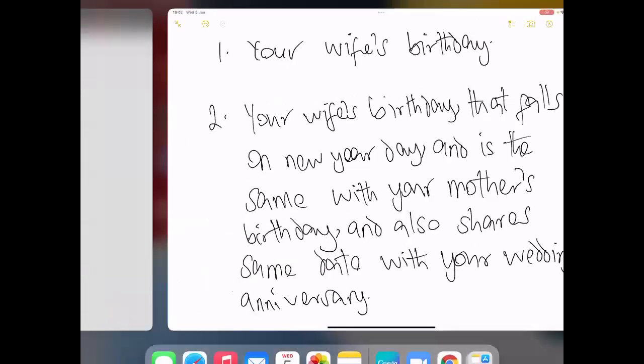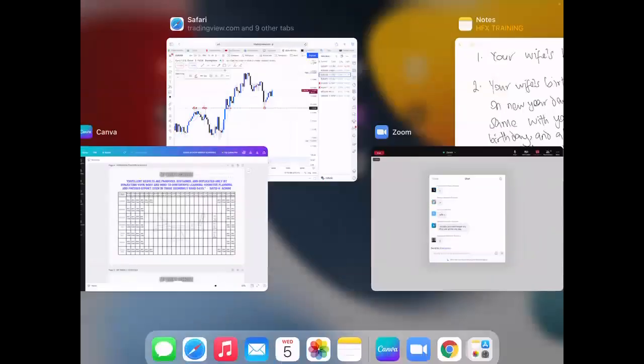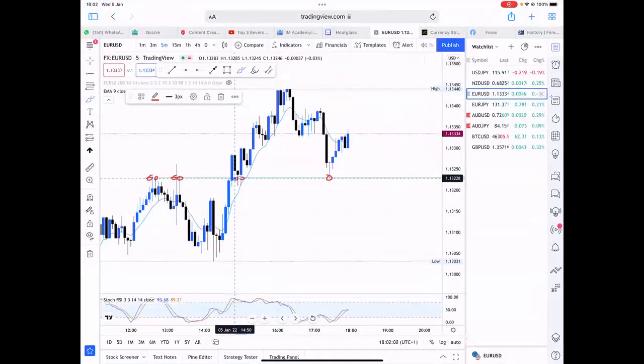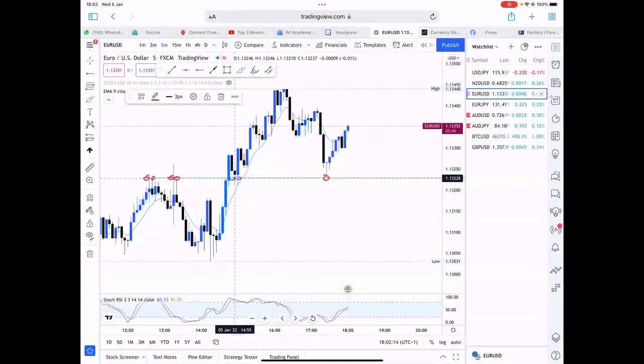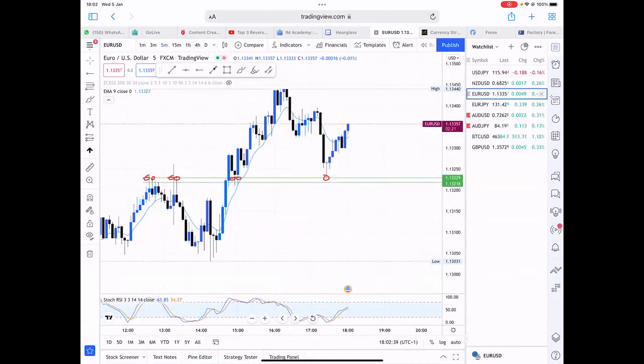I'm teaching you something. I'm giving you the reason the market did this. Why did the market come all the way down here before it started moving up? I'm giving you the reason now. In fact, sincerely speaking, another area I would have chatted would have been this area, anywhere the market comes in between these two areas. And now you ask me why? Because we have a lot of touches there.